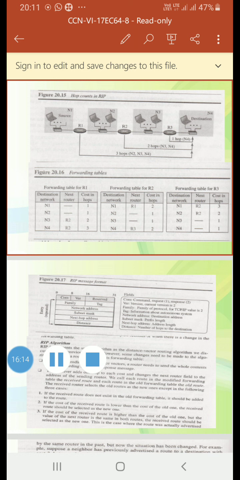Three common protocols used in the internet are Routing Information Protocol, RIP, based on the distance vector algorithm, Open Shortest Path First, OSPF, based on the link state algorithm, and Border Gateway Protocol, BGP, based on the path vector algorithm.